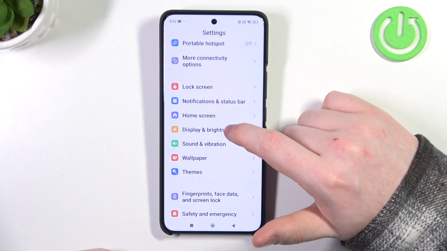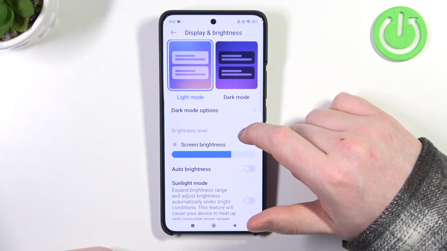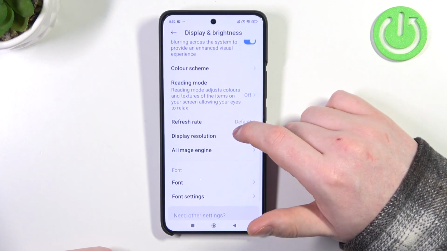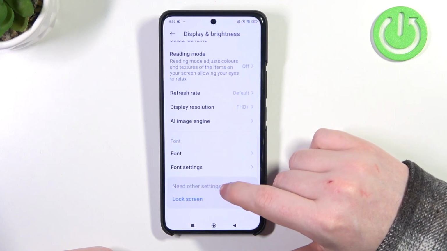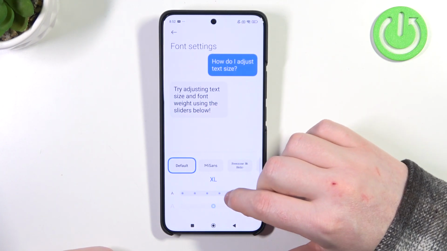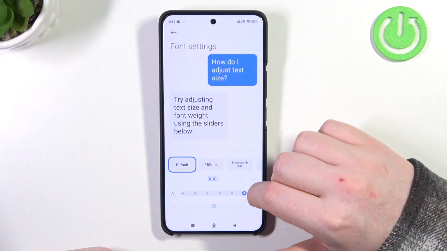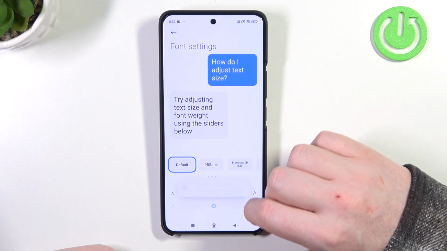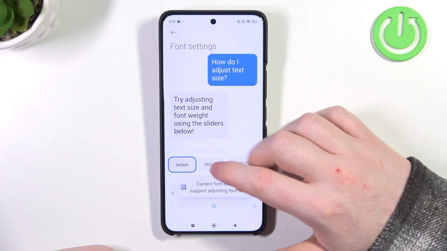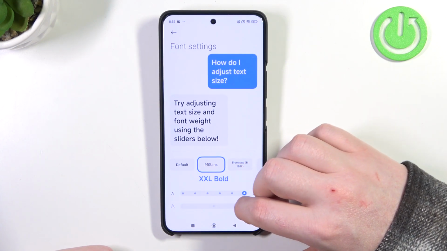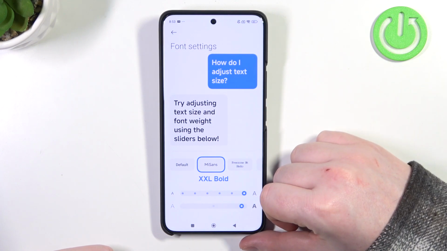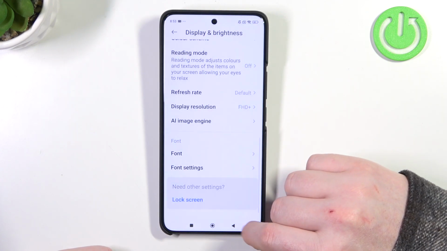And first let's start with the display and the brightness settings. Here on the bottom we should be able to find the font settings, and not the font itself, the font settings. So that means we can adjust the font size, and I'm gonna make it as big as possible. We can also switch to a different font type and adjust the thickness of the font itself. Now let's go back